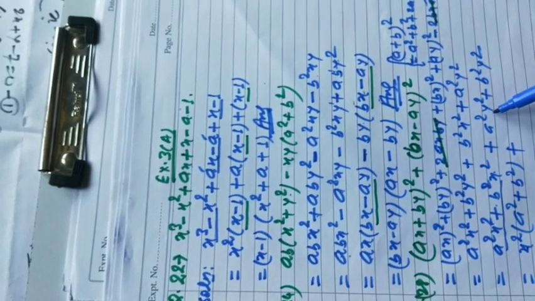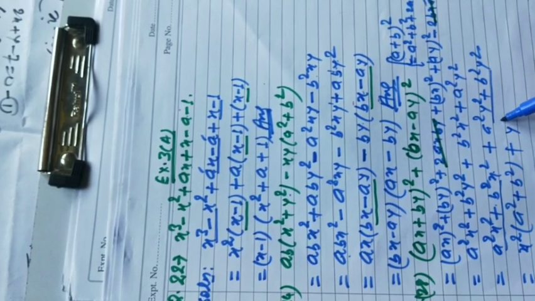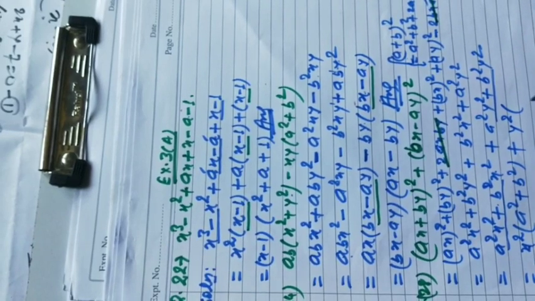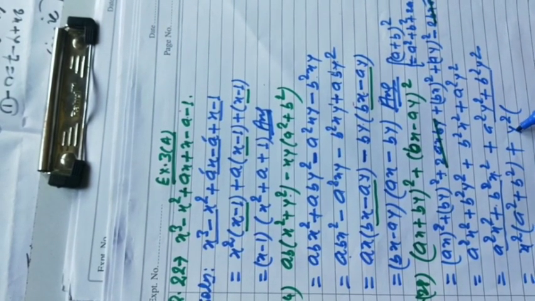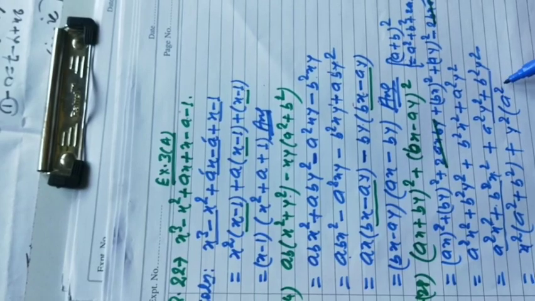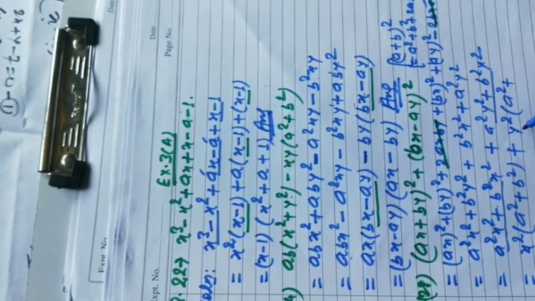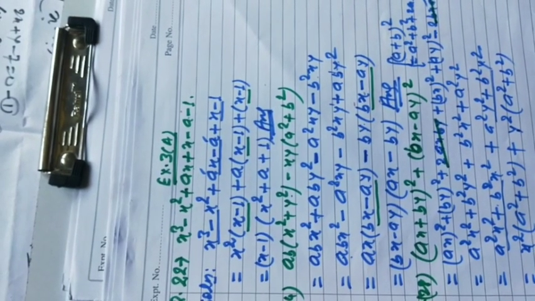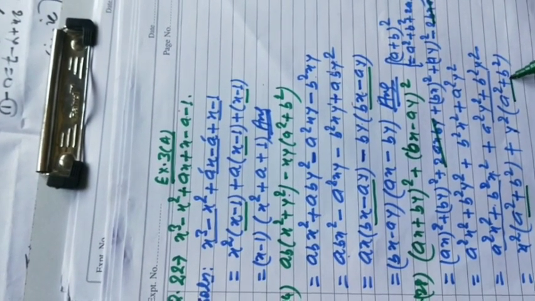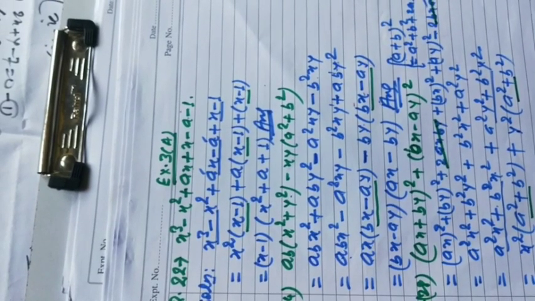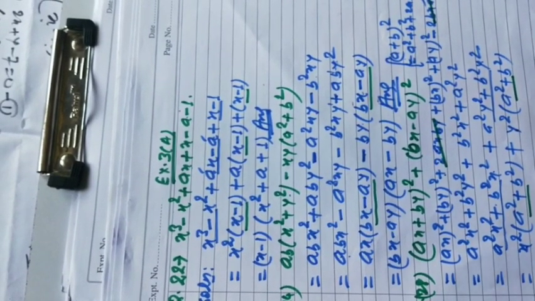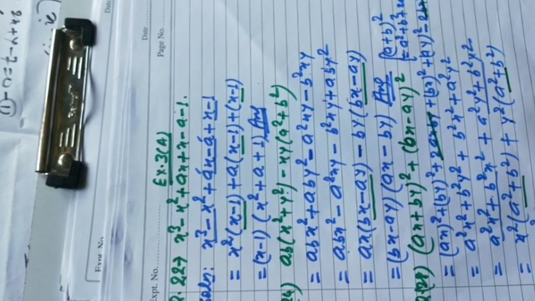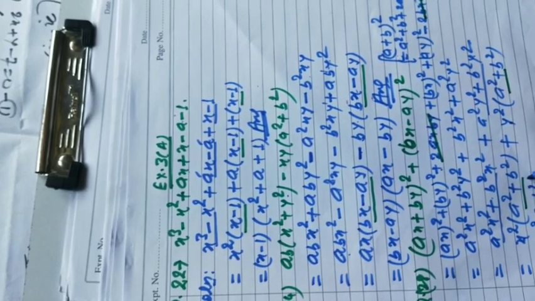plus y. In these two terms y square is common, so take y square as common, and after this you have to put bracket, and now y square cancels by y square, then a square will be left here, plus this y square will cancel by this y square, then b square will be left here. Now you can see a square plus b square are there in both the terms. So you have to take a square plus b square common now. A square plus b square will be common.